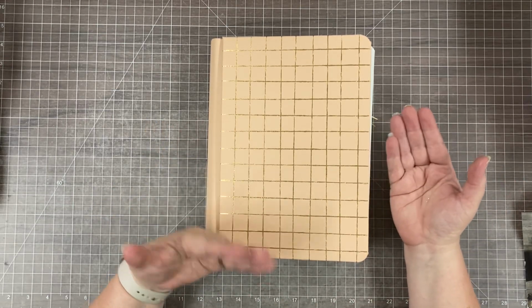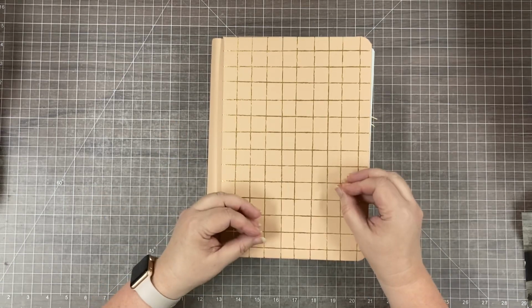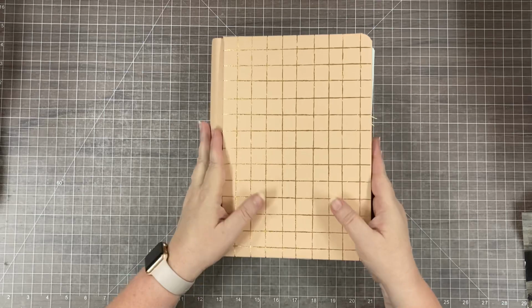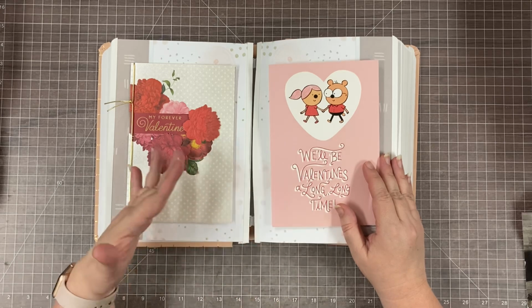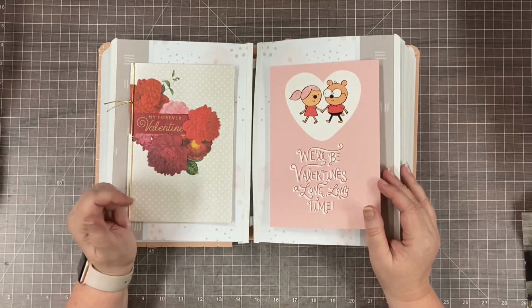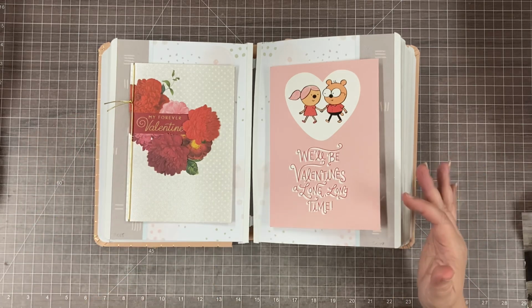you could have it as a planner or as a kind of a calendar journal, which is what I've done with another one of mine. But this one tonight I want to show you I've used to save the cards that my family has given me for various occasions. For years, my husband and my kids have given me Valentine's, Mother's Day, birthday cards, and